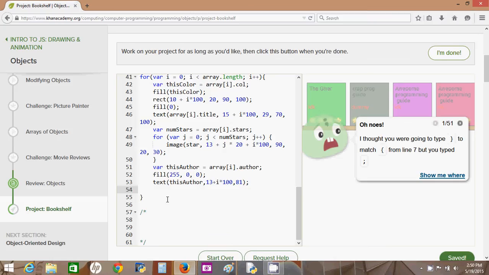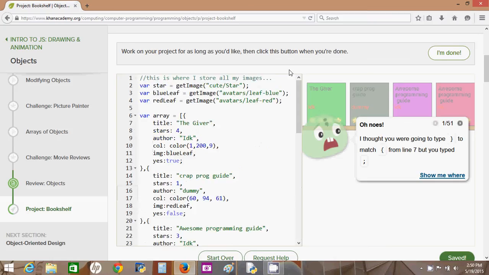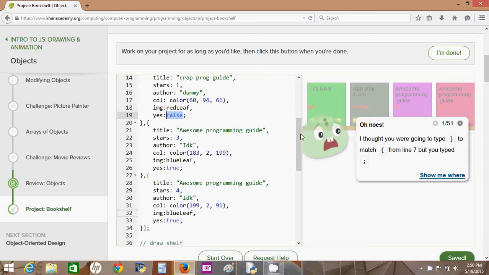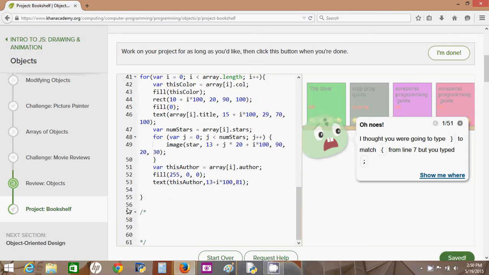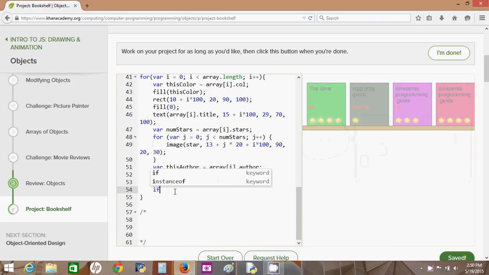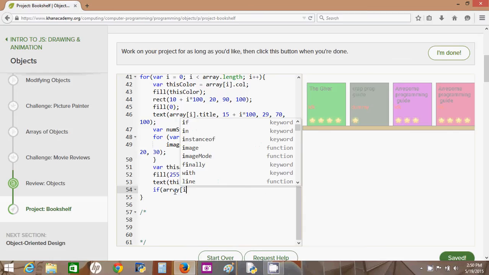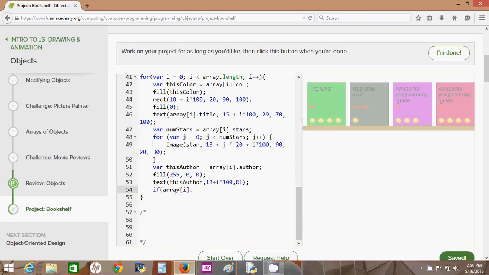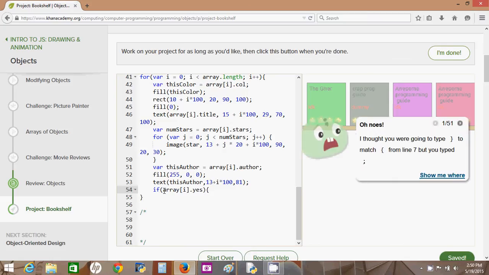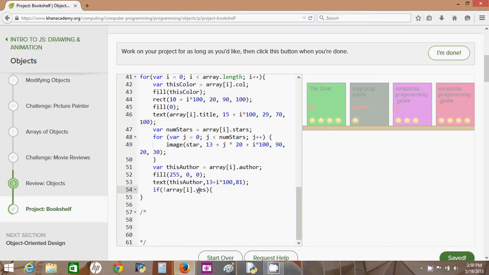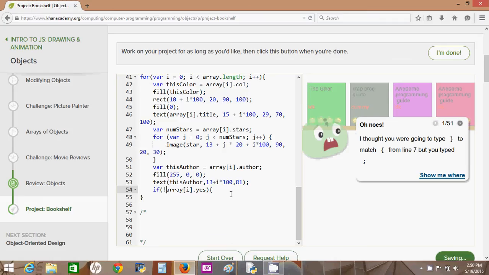And if the bool is false, meaning I dislike the book, then I'm going to draw the leaf over the book. So array I dot yes is the bool. If not array I dot yes, so if that bool is false,